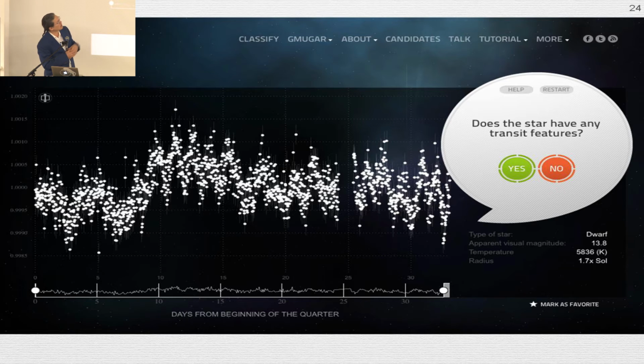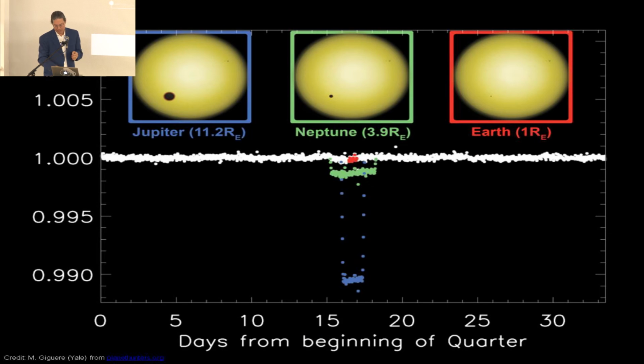But for some other things, like, for example, this light curve, identifying where the transits are, you can see that this is not something that anyone can just glance at and be able to identify the transit. So clearly, something's going on that people are able to learn how to do this task.